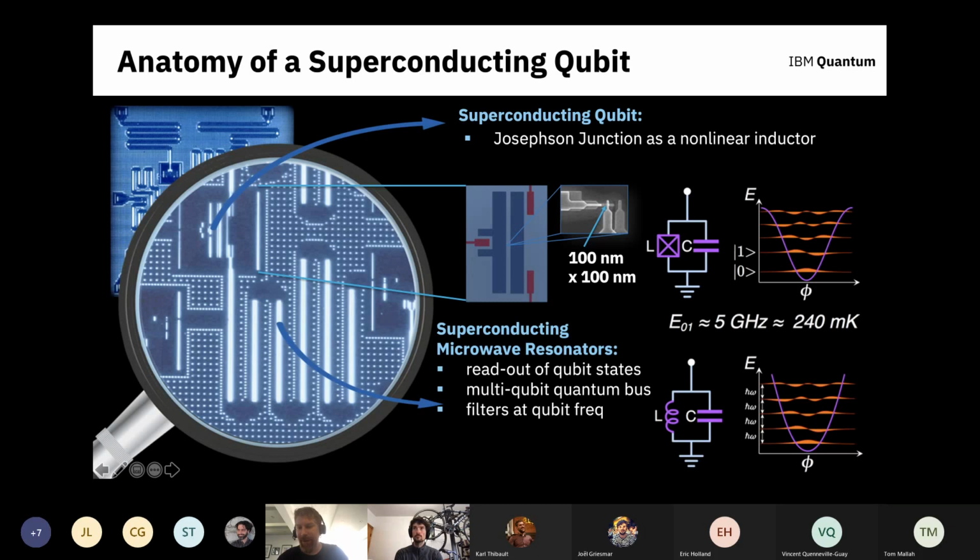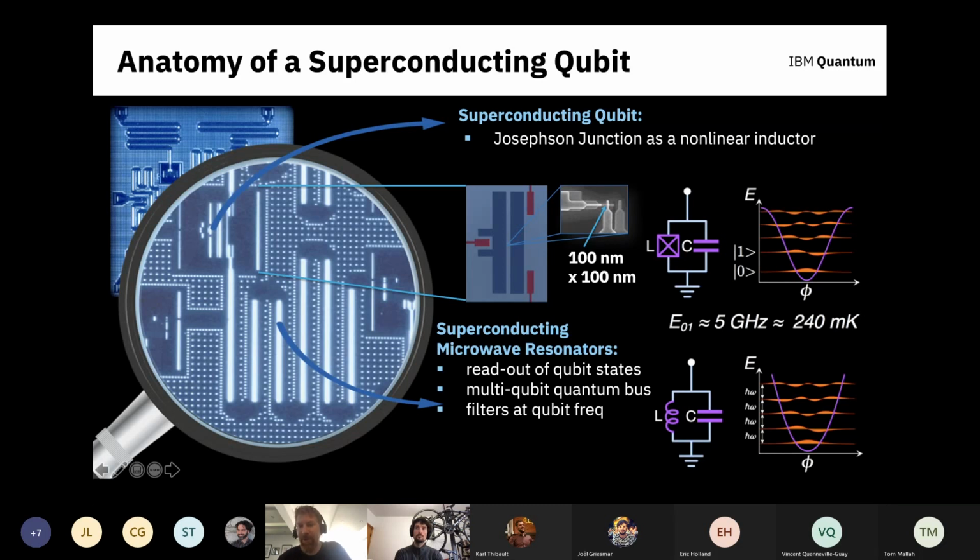But the problem here is if you try to drive transitions between the 0 and 1, you'll end up exciting higher order transitions as well. There are ways you can get around that using other kinds of states, but in general, it's not very good for us. Instead, we use the transmon superconducting qubit, which has this nonlinear inductance,